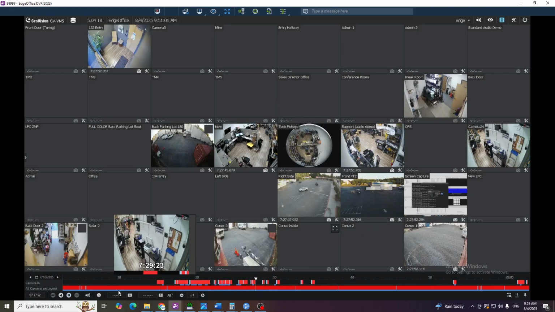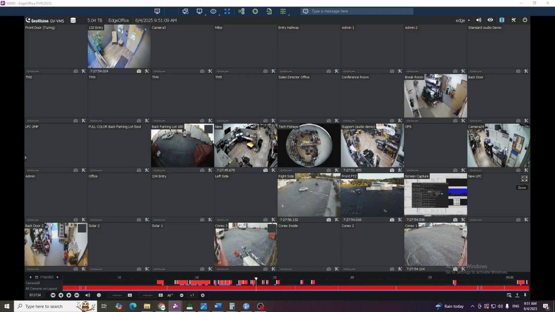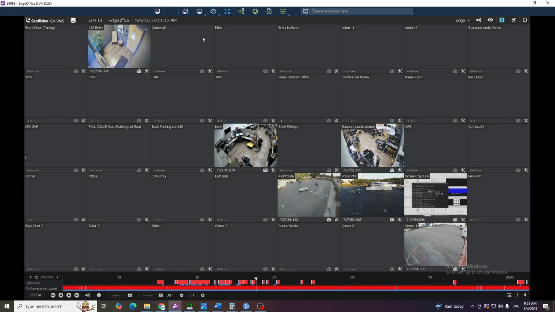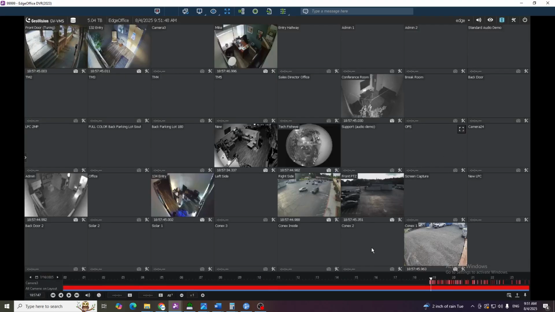When you're finished with that, you hit the pause, or if you want to go look at a different camera, you just hit the pause. Select any camera on the screen. Okay, so we've double clicked a camera that was gray. So we're going to zoom out these time increments a little bit, and we're going to see when did that camera record. Right here, all the way down at here, so you click that. Oh. Sometimes it takes a second. Let's go ahead and hit play. Bad example, but you get the idea. So now we're going to zoom out of these time increments. We're going to double click, exit full screen,